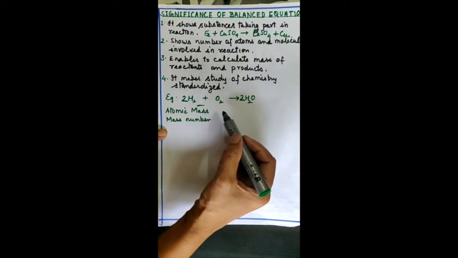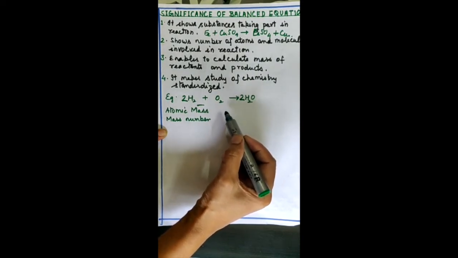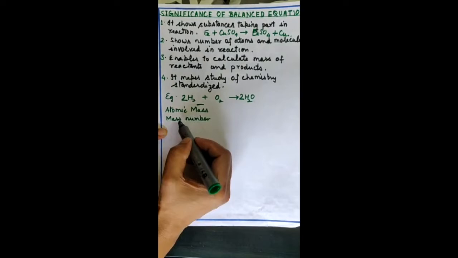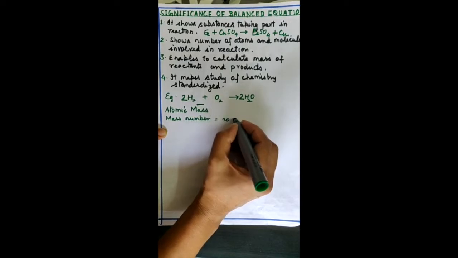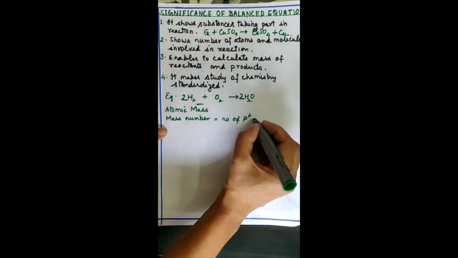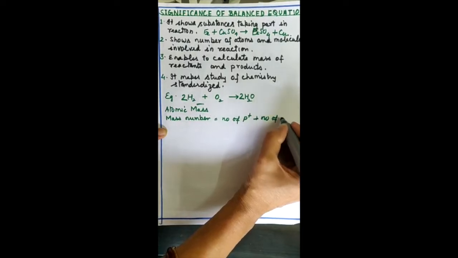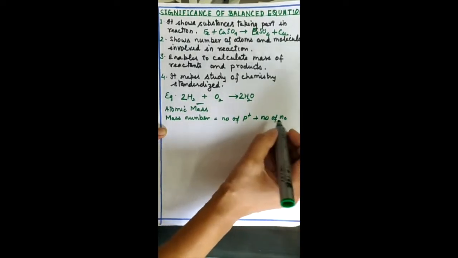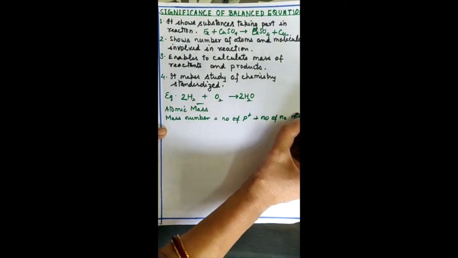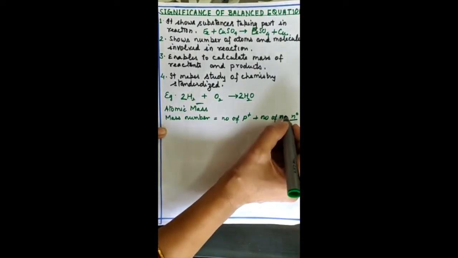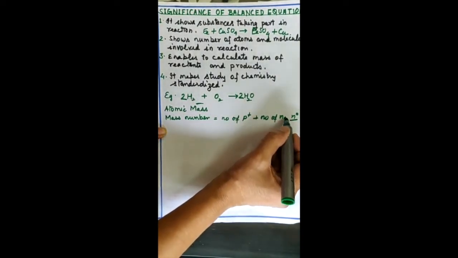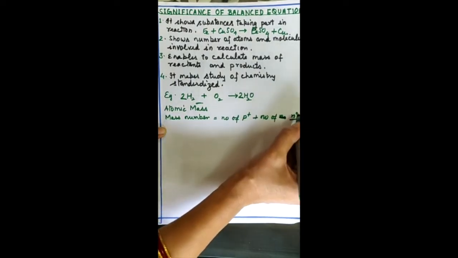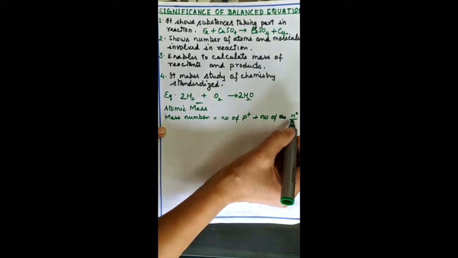Just like in the list of atomic numbers 1 to 20, you learned their atomic numbers, and you know atomic number means number of protons. There is one more number, called mass number. Mass number is equal to the number of protons plus the number of neutrons. The neutron symbol is n with superscript 0; the 0 is written above, not below. Neutrons are represented as n0, where 0 is for charge.